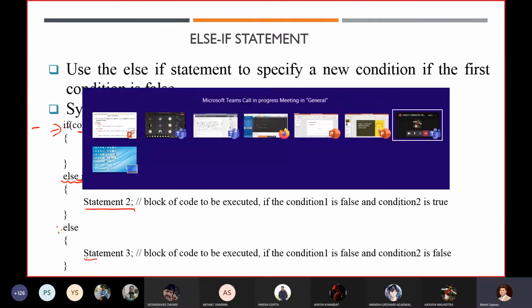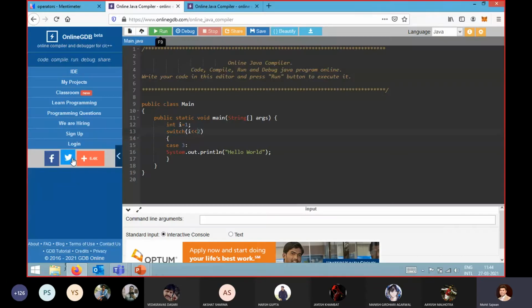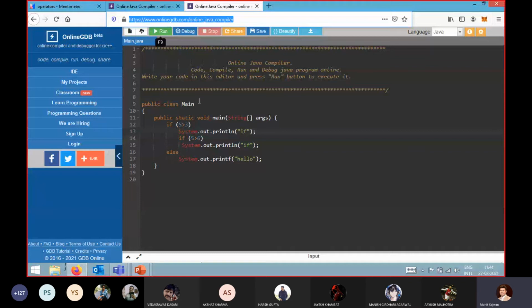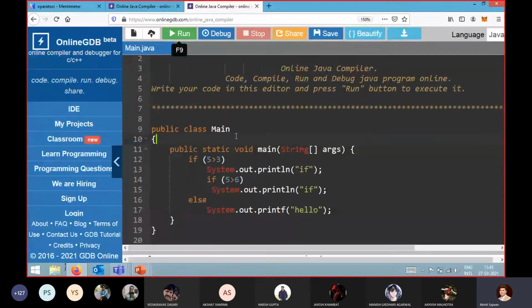One more point which I want to discuss related to Java if else if conditions is in this question. Let me zoom this. We have a code, we have created a class, and inside public static void main I have given a condition, if 5 is greater than 3, then it is going to print with System.out.println "if".